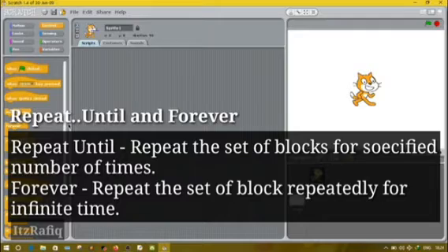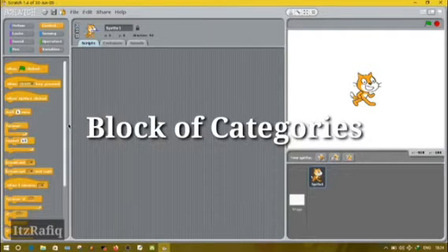For example, suppose I have written 10, then the loop will run for 10 times. But in forever, the loop will continue till the user presses any key.